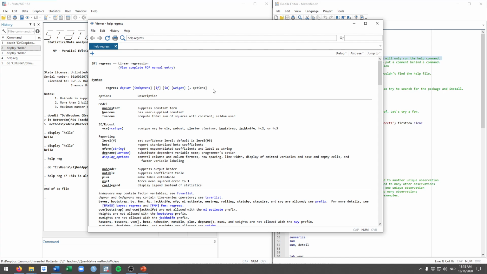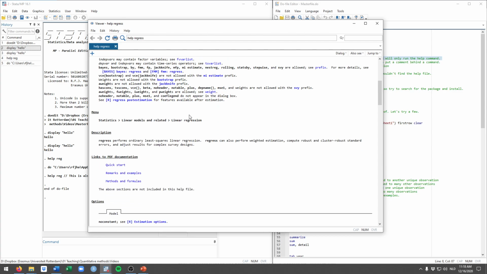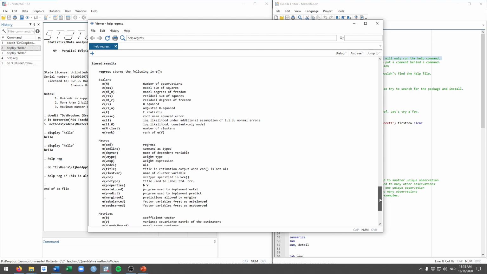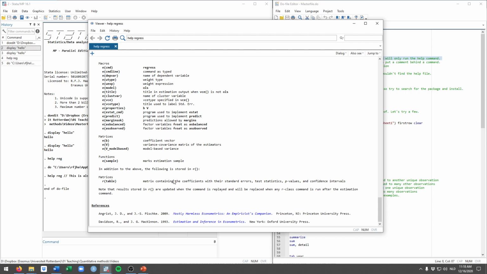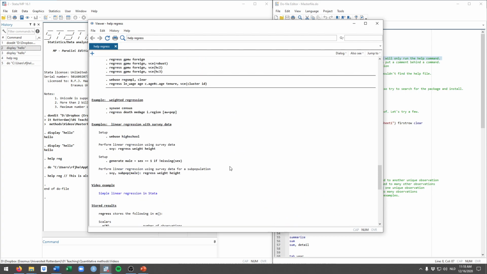Again, I'm not going to go in depth right now, but we'll see many examples in the next few videos. As you scroll through this, you see that the help file contains first a general description of what this command does, but also links to other PDFs and other documentation. For example, a quick start guide, some remarks about the command, examples on how to use it, what methods are underpinning this, also some references to papers, like you can see here at the bottom. So really well documented. So the key thing is knowing which command you need to use.